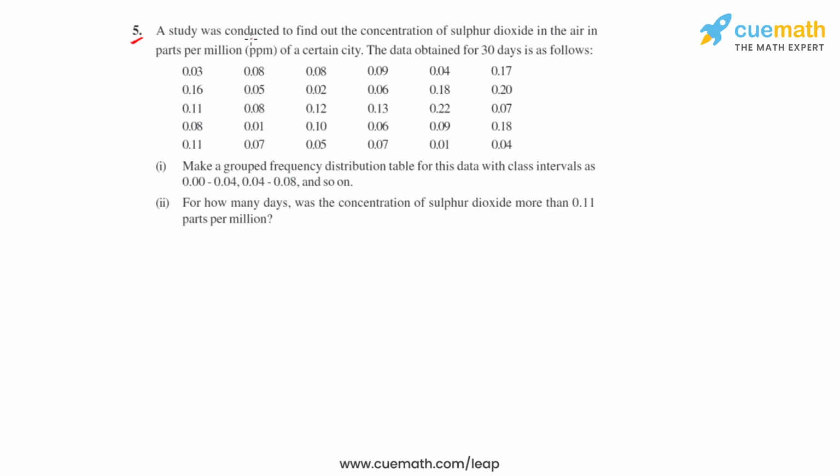Question number 5 says that a study was conducted to find out the concentration of sulfur dioxide in the air, in parts per million (ppm), of a certain city. The data obtained for 30 days is as follows. We have to make a grouped frequency distribution table for this data with class intervals as 0.00 to 0.04, 0.04 to 0.08 and so on. And then we have to find for how many days was the concentration of sulfur dioxide more than 0.11 parts